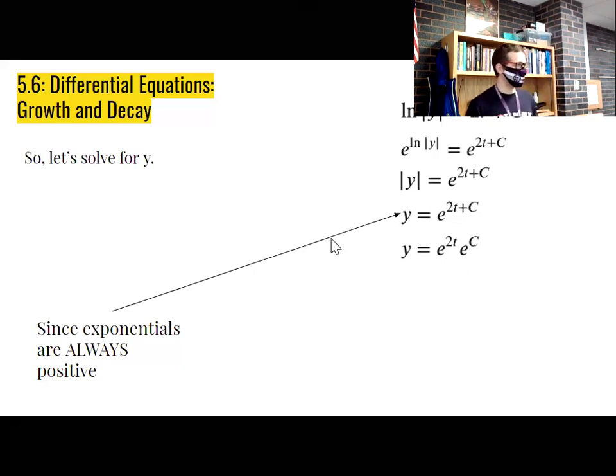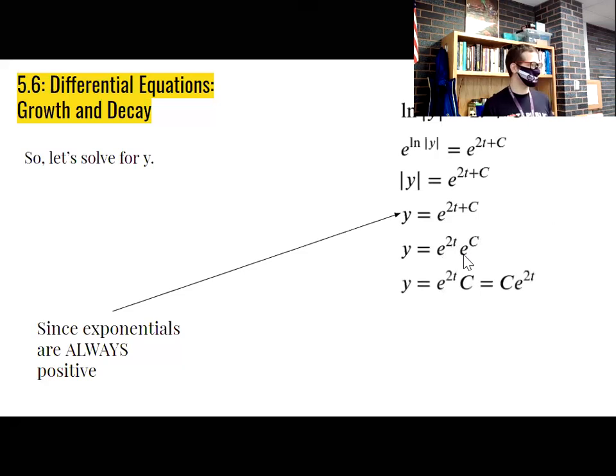So if I have e to the 2t plus c, I could break that up into e to the 2t times e to the c. Again, that's usually the reverse of what we do with laws of exponents. We usually combine everything rather than break them apart. But for solving differential equations, particularly ones that have logs in them, we like this because